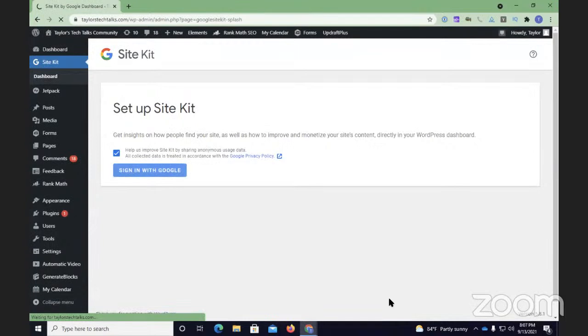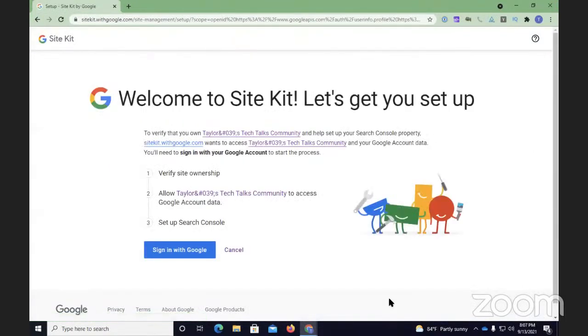I'm going to go ahead and sign in with my Google account. I just pressed down arrow. Okay. And what it's going to do is set up a Search Console property as well as an Analytics property. So it's going to set up both of those things. I'm going to go ahead and say, yes, I want to sign in with Google. I have to verify my site ownership, but the cool thing is that this does it automatically. Sign in with Google. I just use my buttons to locate that.